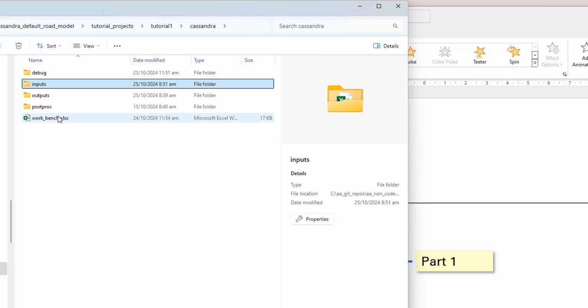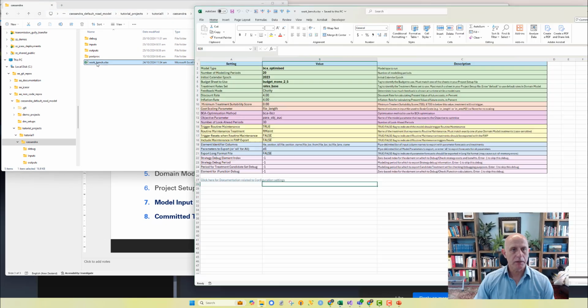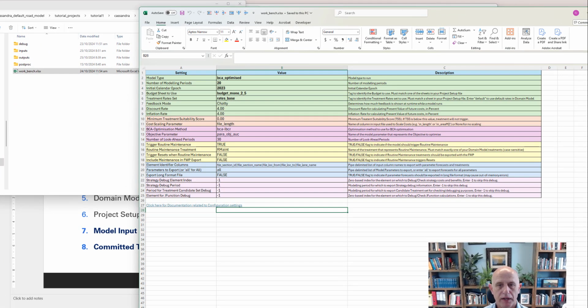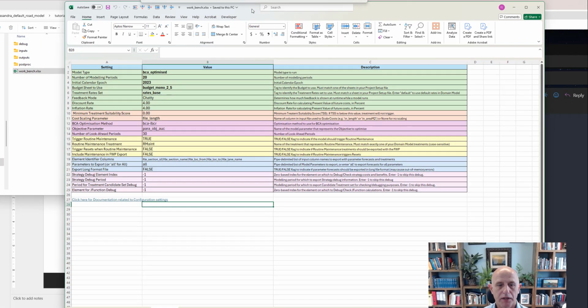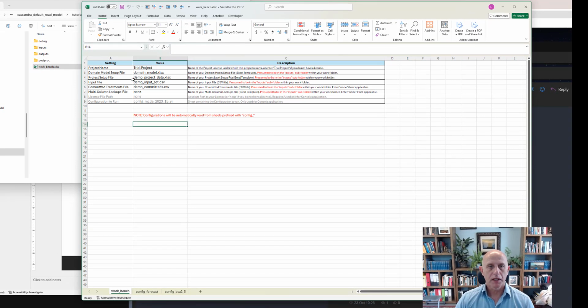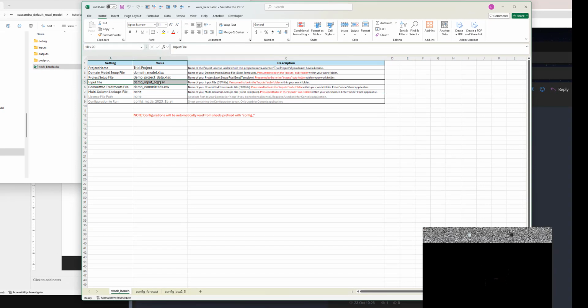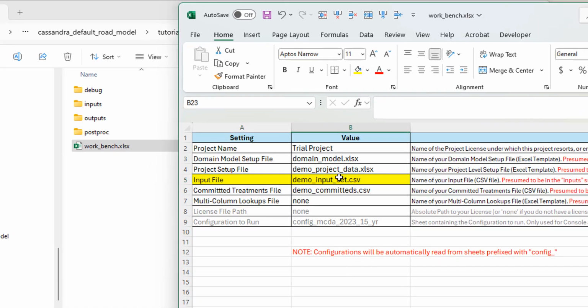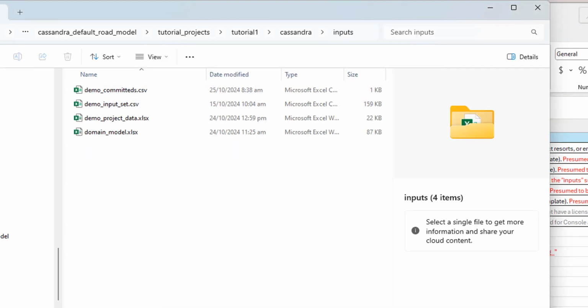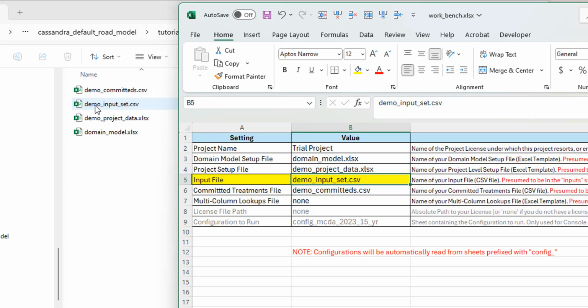And that file, just to go back again to what we explained in part 1, in my workbench file, if I go down here to the workbench folder sheet, you can see my input file is described right there, and that is the name of the input file, and I presume that that is sitting in the input subfolder, which is this folder right over here that you can see. And basically, if I just do that, then you can see demo input set is the file that I have